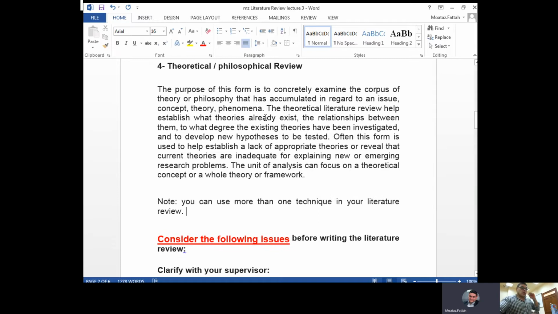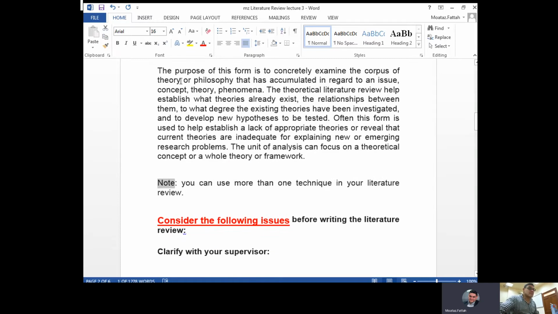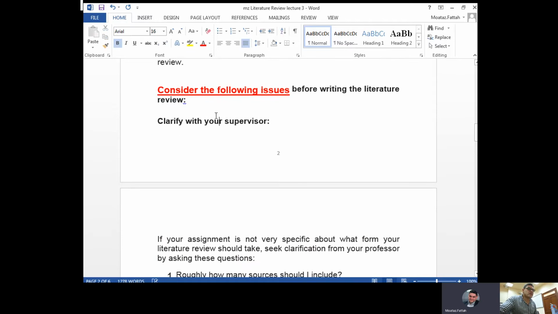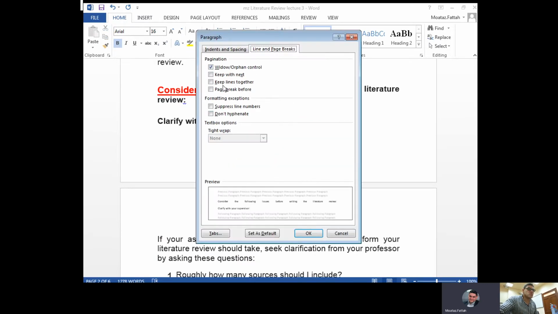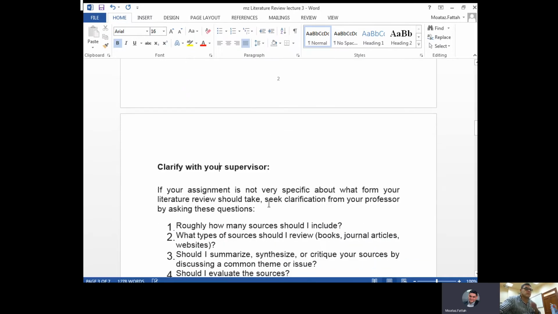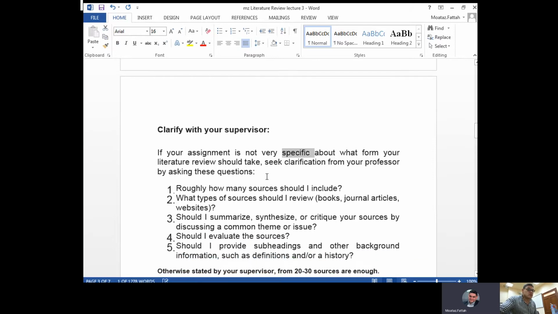Okay. Before actually writing that, please, please, please consider the following. You need to talk to your supervisor. I just need to go to paragraph, go to here, and say keep with next, so it doesn't move away from the paragraph. If the assignment is not specific about what form your literature review should take, seek clarification of